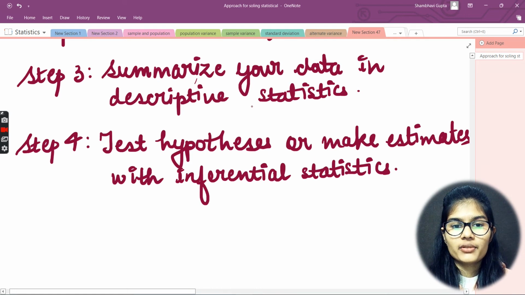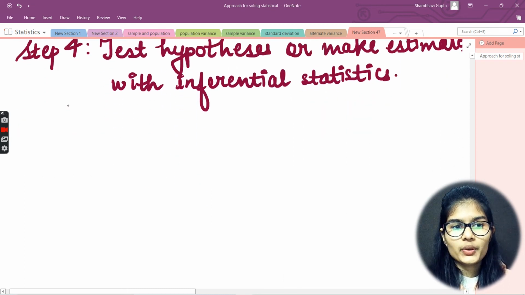And here in step number 4, you have to use inferential statistics. So it's not the case that one type of statistics is used and the other is not. First of all, descriptive statistics has been used, and then comes the use of inferential statistics. Okay. And now, further going up with step number 5,